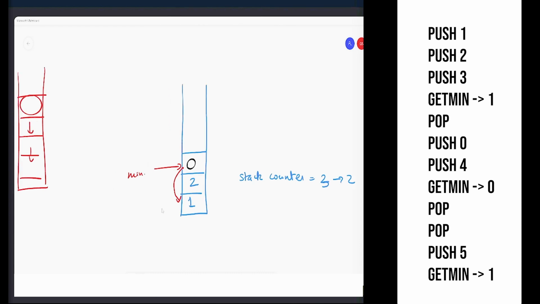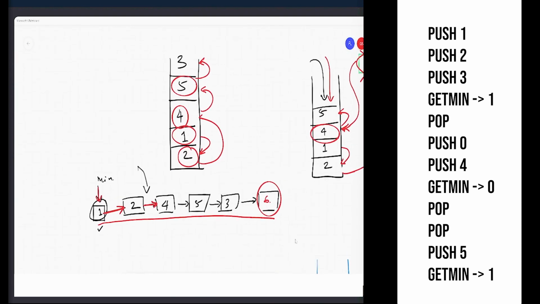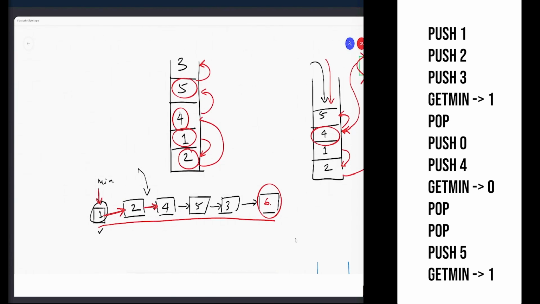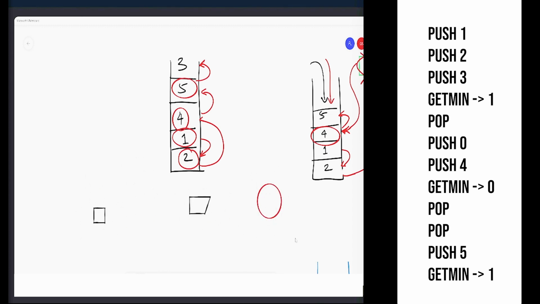Okay. So if I go to my original approach of linked list, what would end up happening is I don't need to save everything. I just need to save the minimums. So the first minimum that I encounter is 2. Then I encounter a 1. So 1 is pointing to 2. Then I have 4, 5, nothing I add. 3 also I don't add because 2 is smaller.